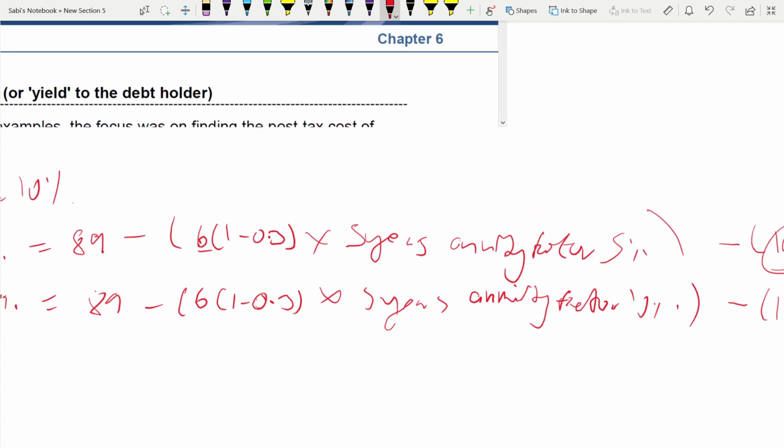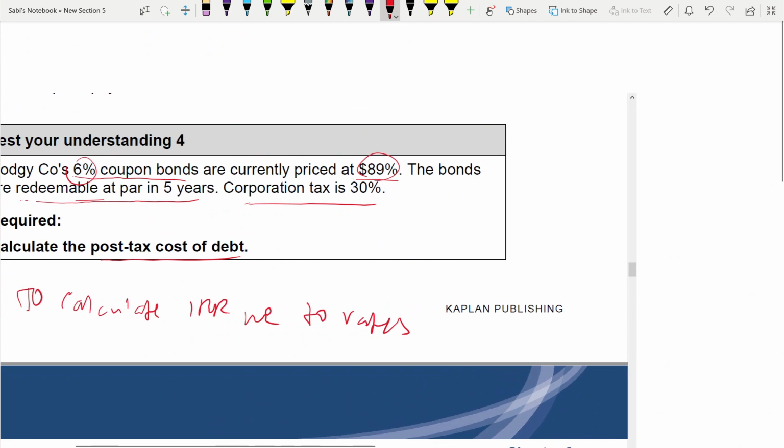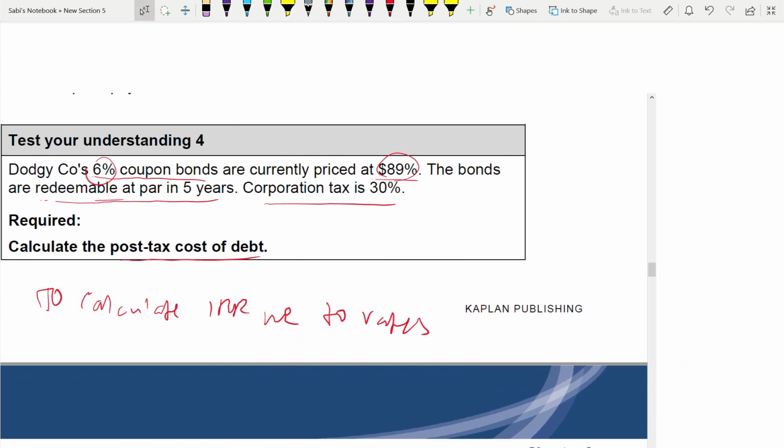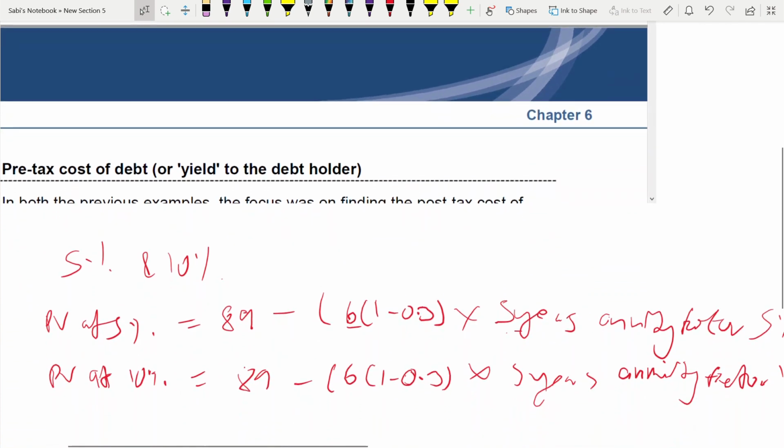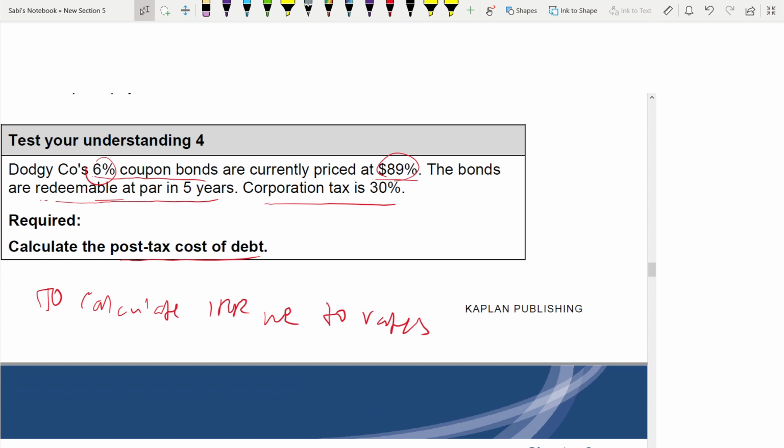Total is 106. Interest, all the 5 years you have to pay, but the principal amount in the 5th year you are paying along with the interest. That's why you are finding the discount rate. Okay. So now,